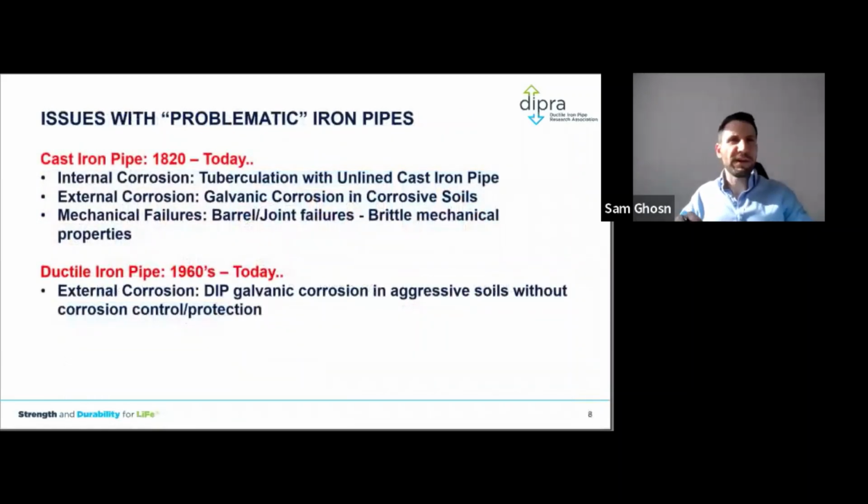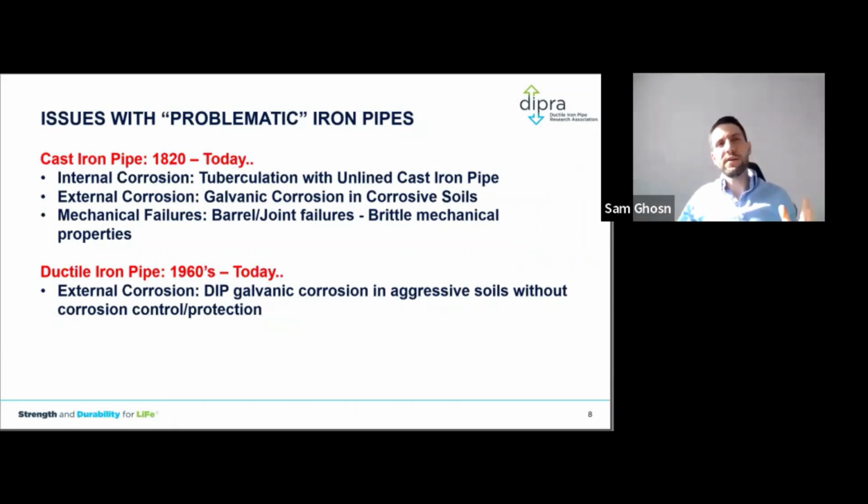However, we had some issues with cast iron pipe, and especially if you're in Ontario, there are many issues in Ontario where a lot of cities suffered from breaks, a lot of breaks with ductile iron and cast iron pipe, mostly on the cast iron side. And we could actually differentiate between two categories here. The cast iron mains installed from the 1820s all the way to 1960s, mostly I would say 1850s or 1860s in Canada up to 1960s, so about 100 years.